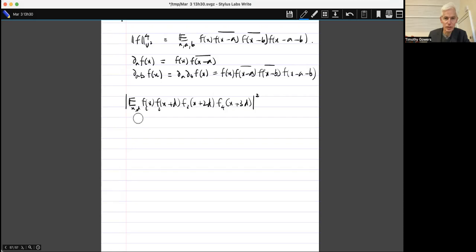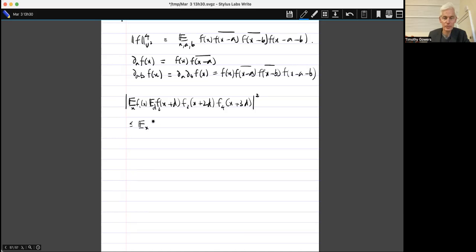To make it clearer how to apply Cauchy-Schwarz, we can rewrite this very slightly. So it's f1 of x, and then I'll stick the average over d in there. The reason that's easier to see from the point of view of Cauchy-Schwarz is that now we see that it really is the average over x of one function of x here, and then a rather more complicated function of x here. So that's less than or equal to